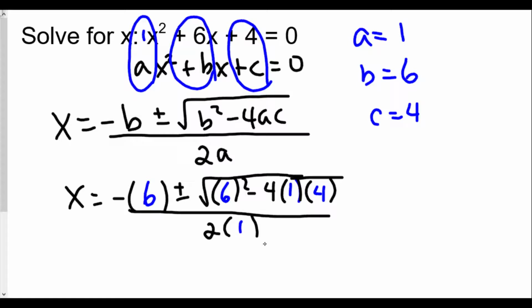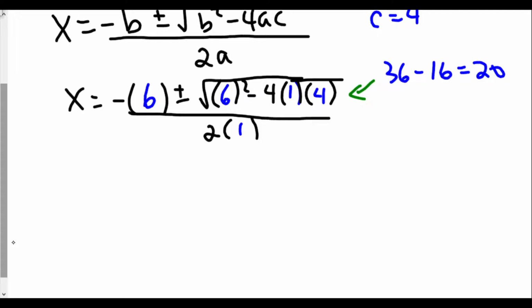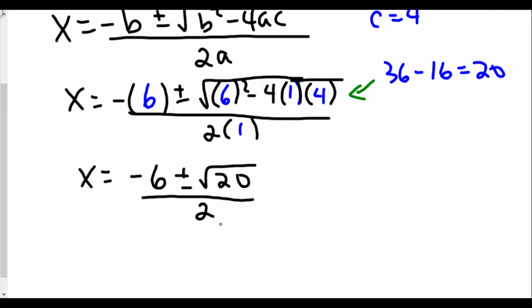Now, we want to find this value here underneath the radical, right? And you can use the calculator. 6 squared is going to be 36. Minus 4 times 1 times 4 is 16. And that will give us 20. So we will get now x equals negative 6 plus or minus the square root of 20 all over 2. Now, when I say simplify, we have to simplify the radical as well, too, the square root